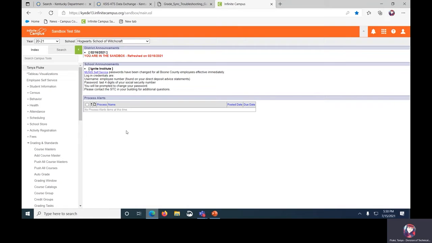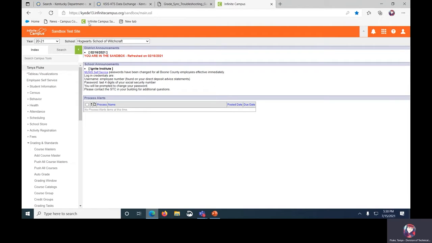If you're in the high school and you are working directly with the KTS Data Exchange, you should see these KTS messages. If you don't see any messages under the process alert area that says KTS error or any type